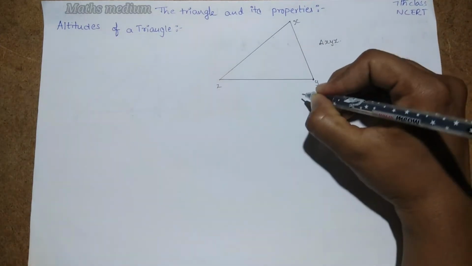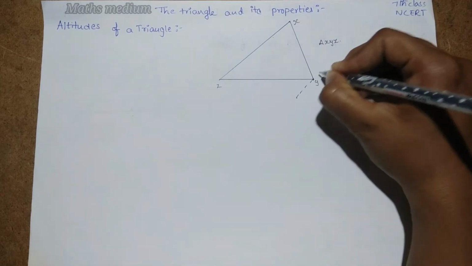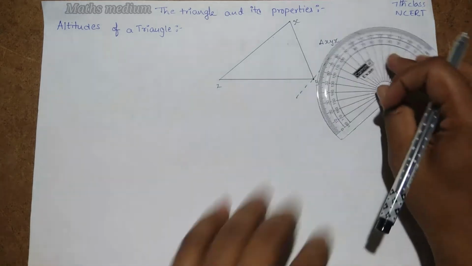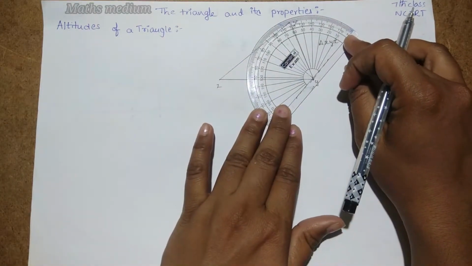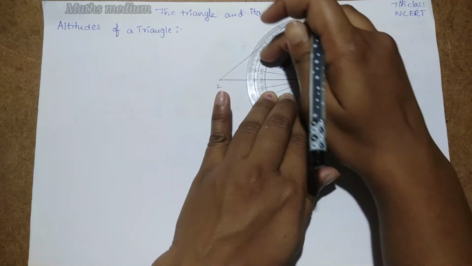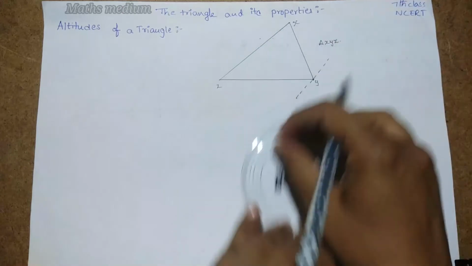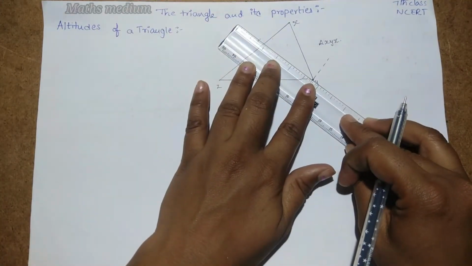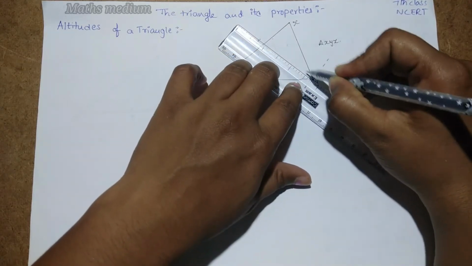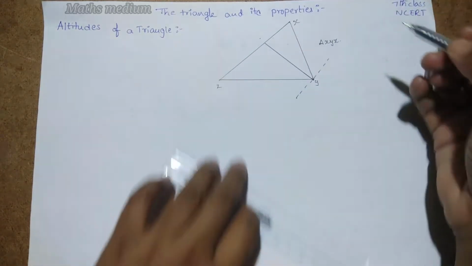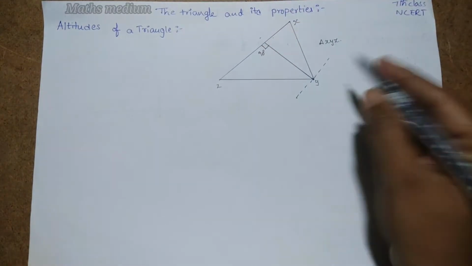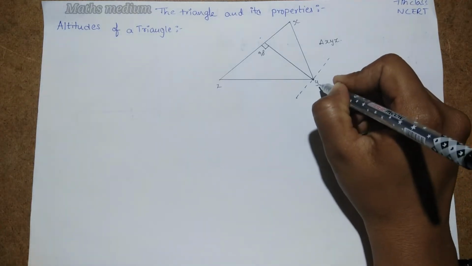If you see here, if you take this as a line, for example, now put a protractor on this. See here, this is the protractor I am putting here in order to measure 90 degrees. So it is the 90 degrees point. Make this line, connect these two points. See here, this is the perpendicular line. It has 90 degrees, also connecting through the vertex Y.